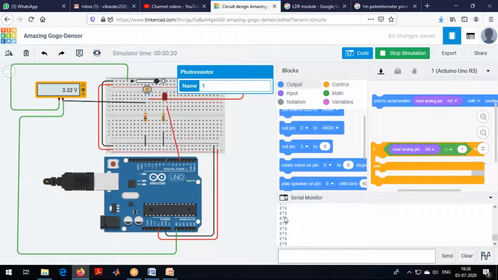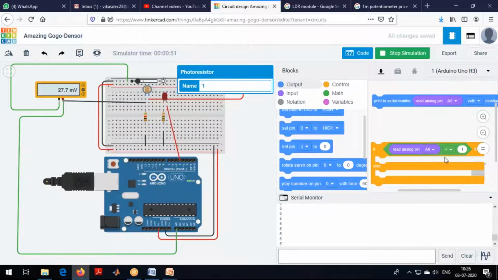So I'll keep a threshold in between, something like this. If my values are below 500, I'll consider it dark. If my values are above 500, then I'll consider we have enough light.